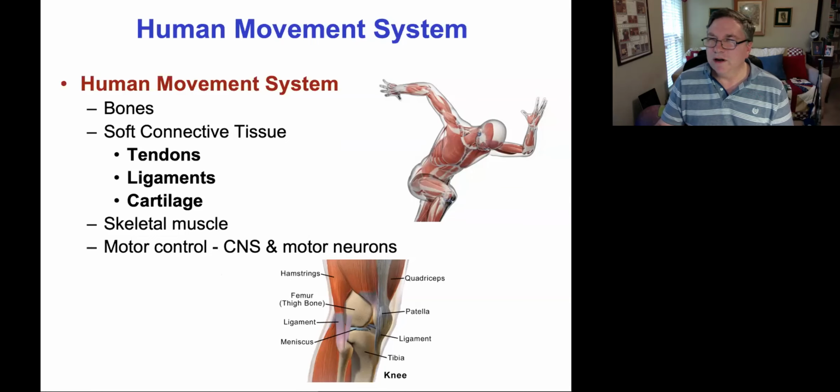The next thing we're going to do is start to break the system apart. And to understand that, because we're going to be talking about connective tissue, skeletal muscle, etc., we need to understand the mechanical system, how it works, how each individual part works. And a lot of the way we think about health of connective tissues and even skeletal muscle is through something we call material properties. Material properties just means how strong or stiff it is, how much it can bend or stretch, how pliable it is,